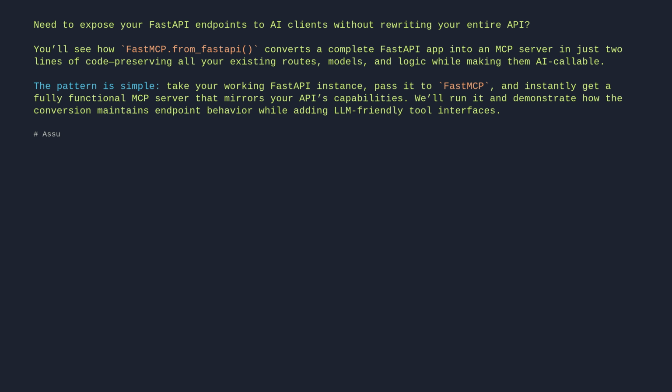# Assumes the FastAPI app from above is already defined. from fastmcp import FastMCP. # Convert to MCP server. mcp = FastMCP.from_fastapi(app=app). if __name__ == "__main__": mcp.run()